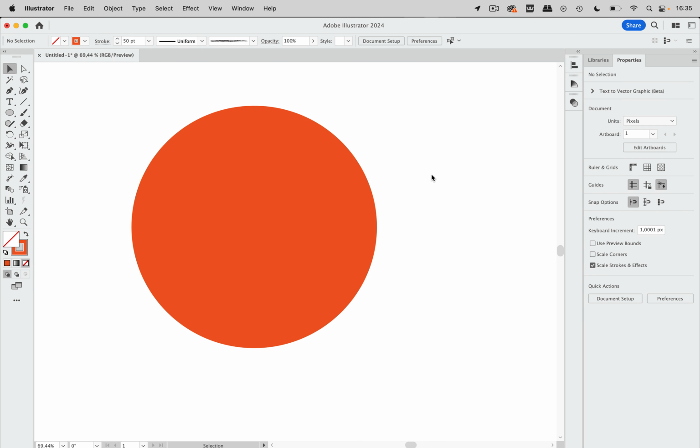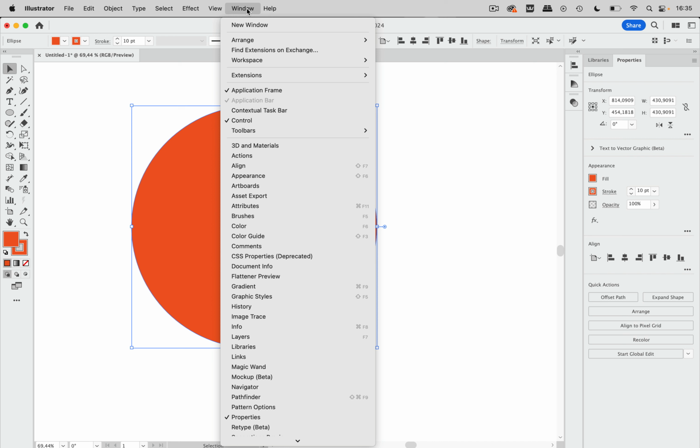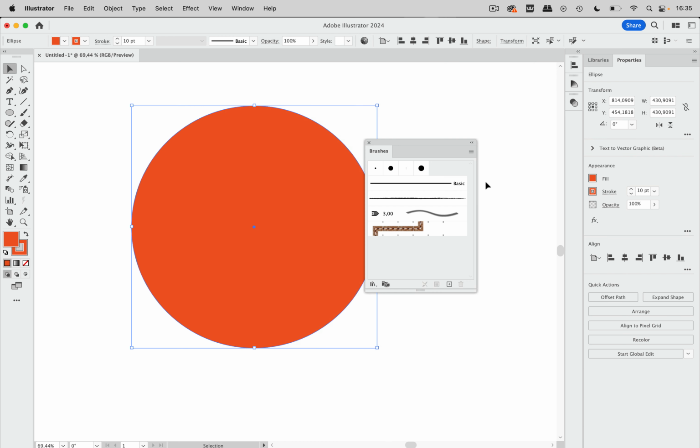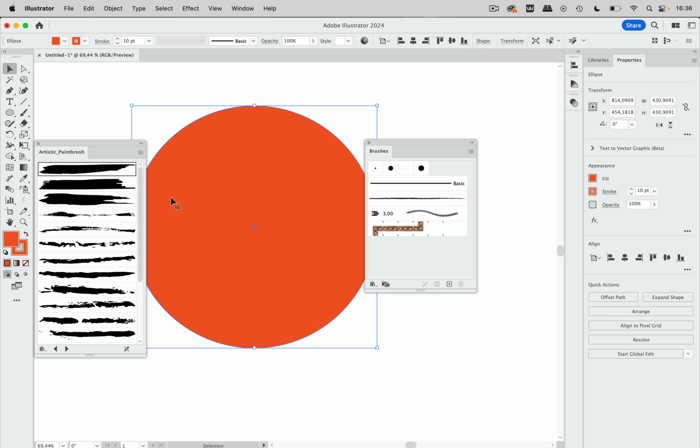In this quick tip, we're going to take a look at a situation that bugs a lot of people. So we have a shape, and to this shape there should be a brush applied, and it should have the same color. So let's first have a stroke of 10 point, and then let's go to the brushes panel, and I don't find anything in there that I like, so let's go into the artistic and the paintbrush library,